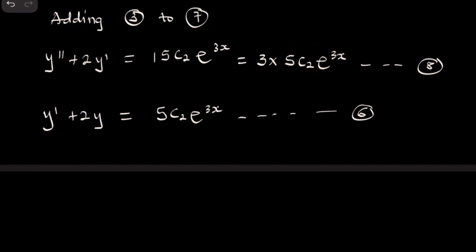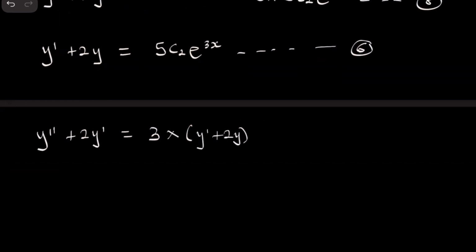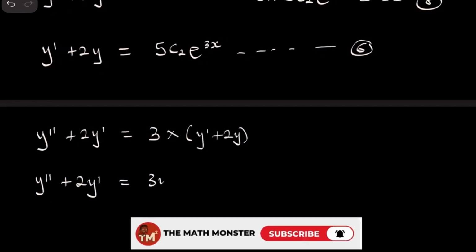So equation 8 will be giving us y double prime plus 2y prime is equal to 3 times, and now 5C2E3x is equal to y prime 2y. So that will be y prime plus 2y. Now let's simplify further. So we are going to have y double prime plus 2y prime is equal to 3y